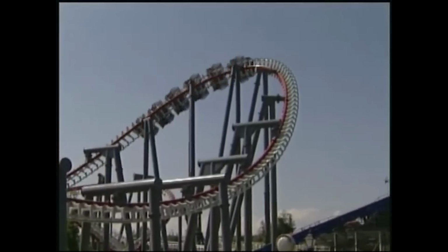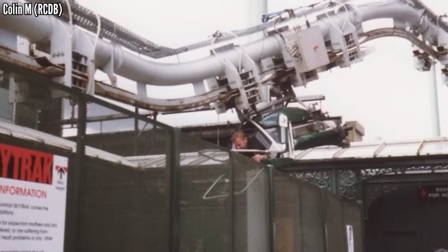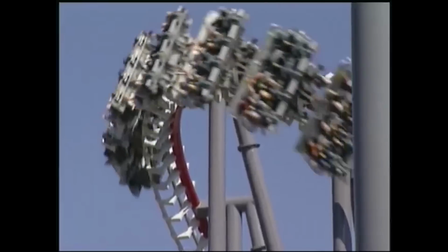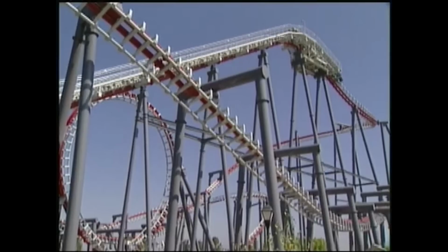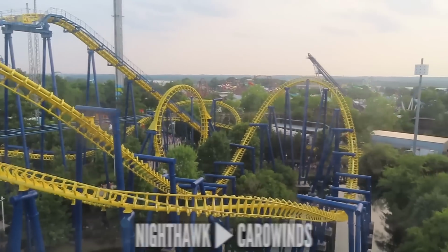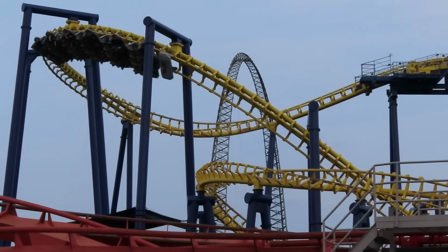Right before X opened, Paramount's Great America was introducing Stealth, the first real attempt at a large-scale flying coaster. There had been some attempts at a small single-rider flying coaster in the 90s, but Stealth was a different beast. Built by Vekoma, this would have some elements on the rider's back on top of the track, but most of the ride on the rider's stomach below the track. Stealth was moved to Carowinds, now known as Nighthawk, and for inspiring the modern flying coaster that we know today,